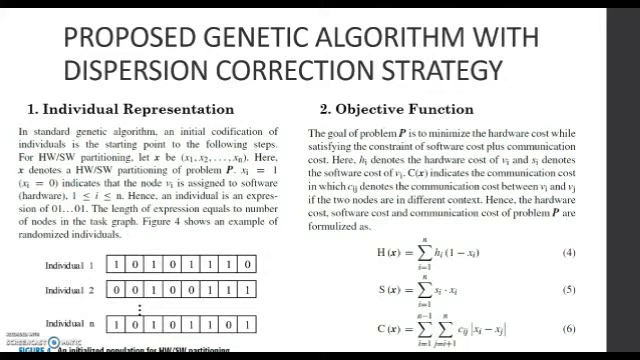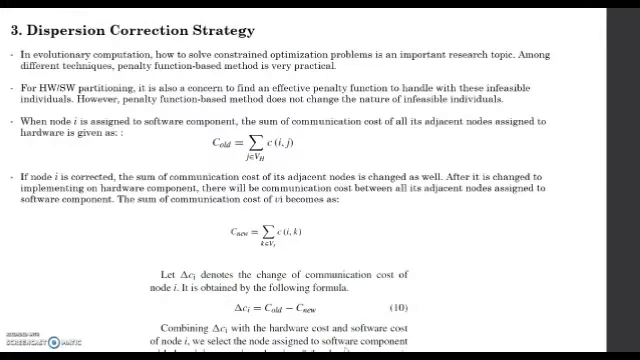denotes the software cost of Vi. So C function X indicates communication cost, in which Cij denotes communication cost between Vi and Vj if the two nodes are in different contexts. Hence, the hardware cost, software cost, and communication cost of problem P are formulated as these formulas. So